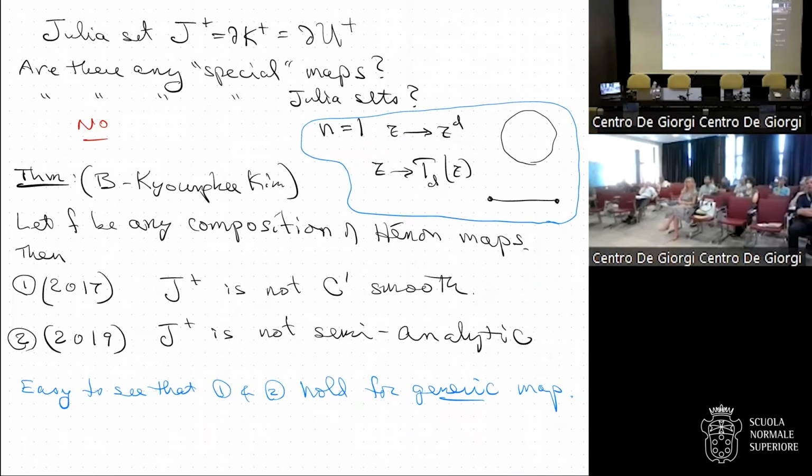if you're looking for any special mappings in the complex Henon family, for instance, comparing with the one-dimensional case where you could either have the circle or the interval, if you have F being any composition of Henon maps, then the forward Julia set is never C1 smooth, never a C1 manifold with boundary. And it's also not semi-analytic. You could think of this as being a C1 manifold with boundary, but J plus is not even smooth as a manifold with boundary. And also, it's not even semi-analytic. So